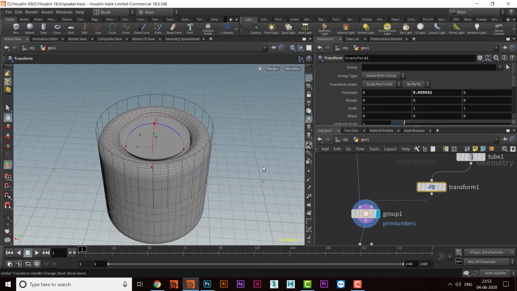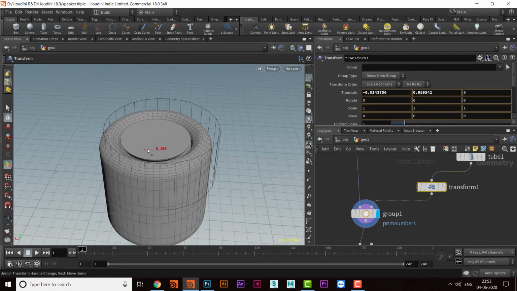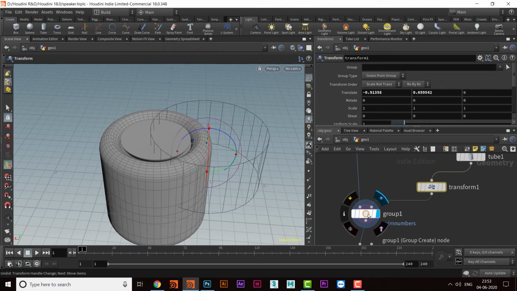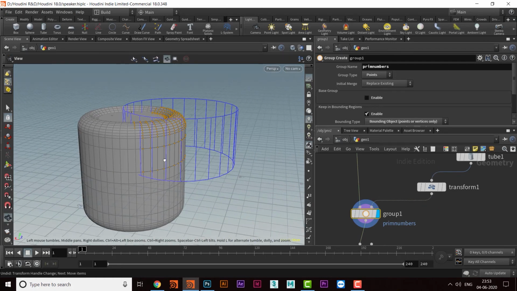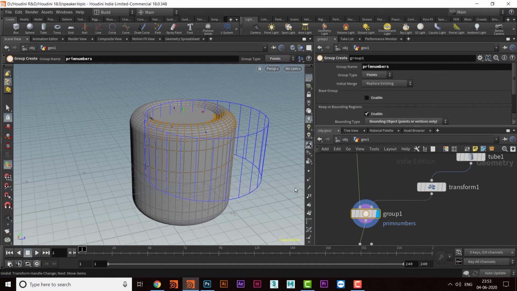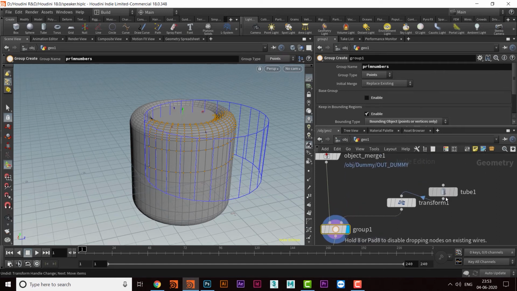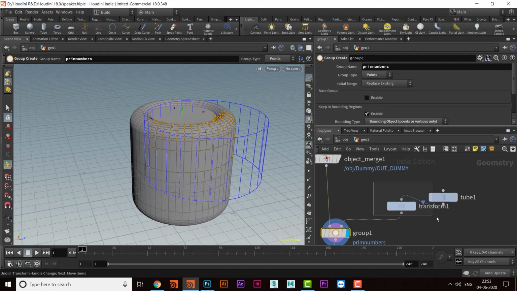When you move this towards this side and click on the group, then only these parts are selected, the points where the object is. So these points are selected. So with the help of the object, group can be created.